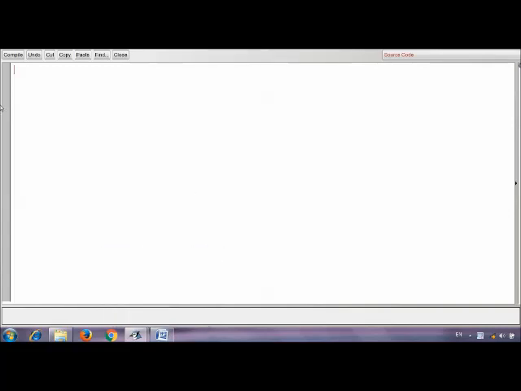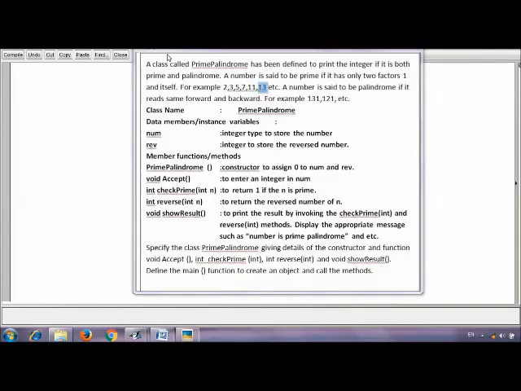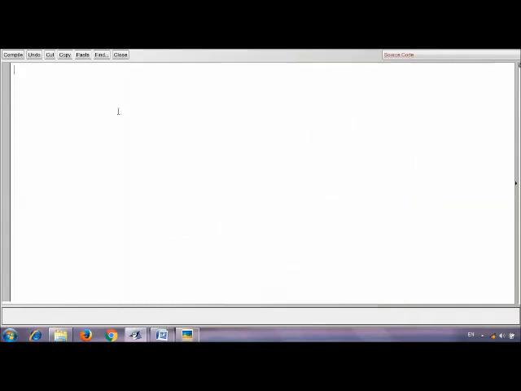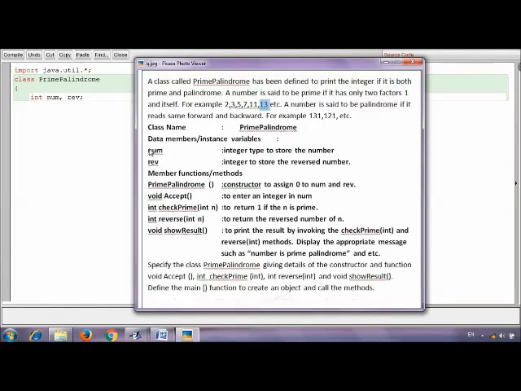I am naming the class PrimePalindrome. Here you can see that I have already imported the util package, as we are accepting the input from the user,